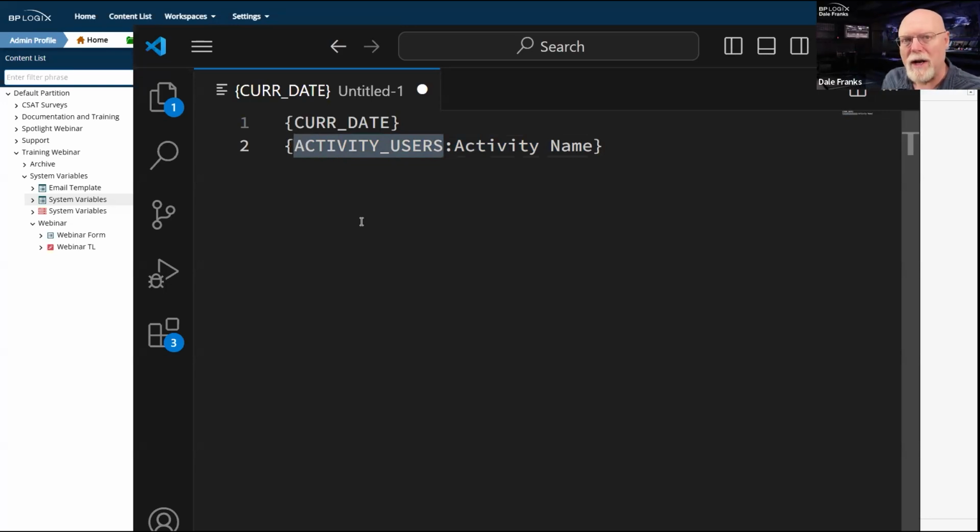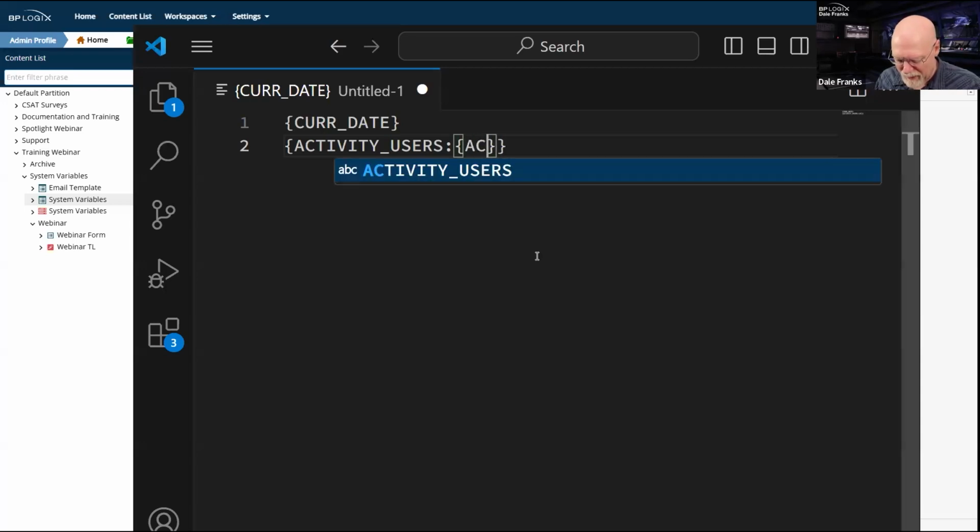And this is where nesting comes in very useful, because with nesting, instead of specifying a specific activity name, I can drop in another system variable. Let's get rid of that activity. Well, yeah, I'm still going to have to get rid of it.